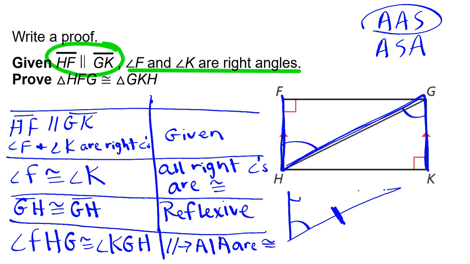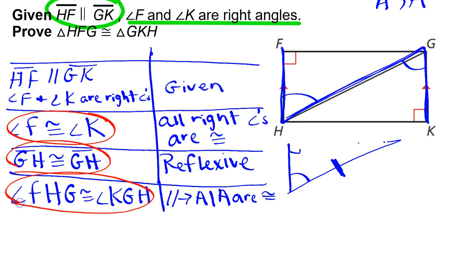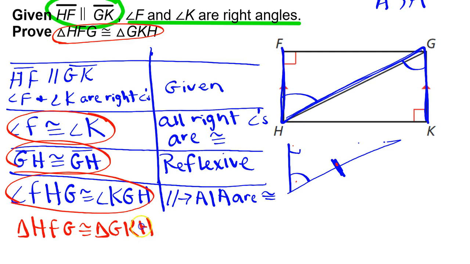So now we have two angles and a side. Let's look and make sure we've got those. Here's a set of congruent angles, a set of congruent sides, a set of congruent angles, and we said for this one it's angle, angle, side. So we're ready to say what we were trying to prove. Triangle HFG is congruent to triangle GKH by angle,